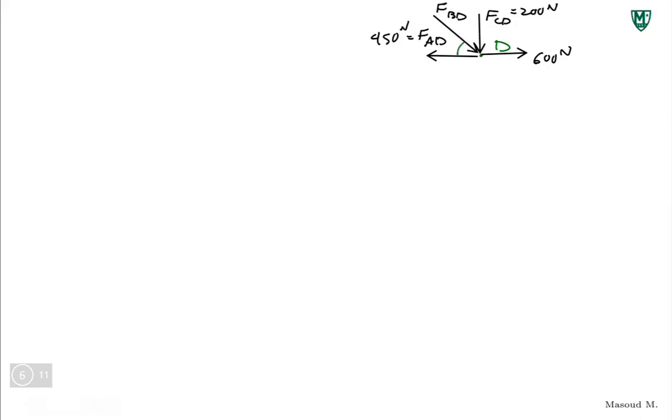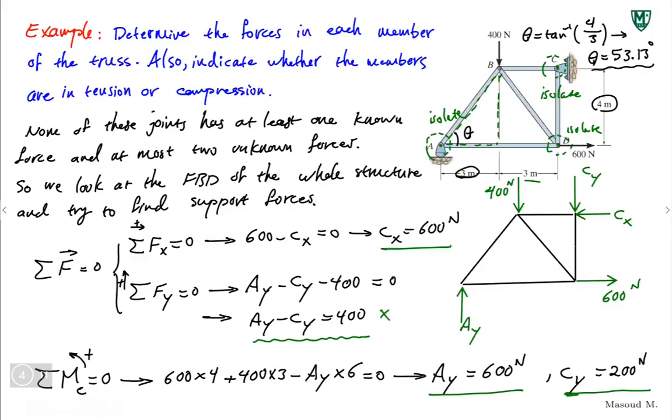This is the angle I have here, theta. What is the angle theta? Go back to the truss structure. Look at this angle there. It's the same as the other theta. You can find tan inverse for, if AD is 450 and it is less than 60 newton for the force